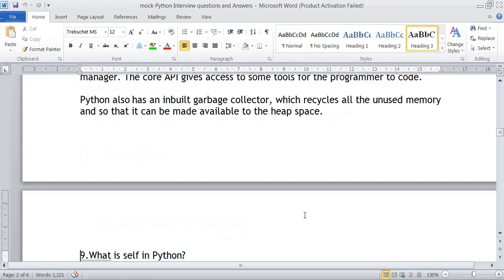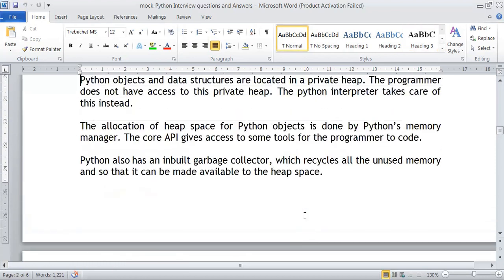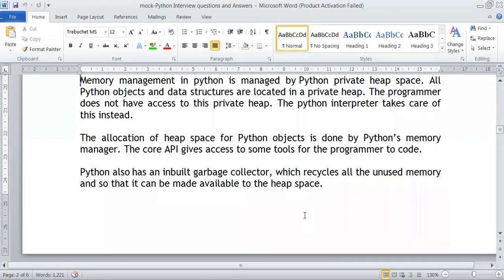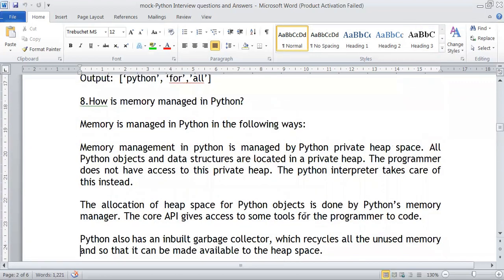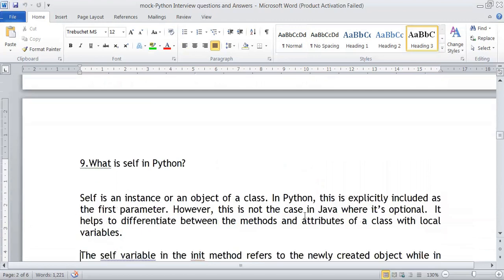The allocation of this heap space is done by the Python memory manager. Also, one of the important features of Python is that it has an inbuilt garbage collector. It recycles the unused memory and makes it available space. So that is how memory is managed in Python in an effective way.